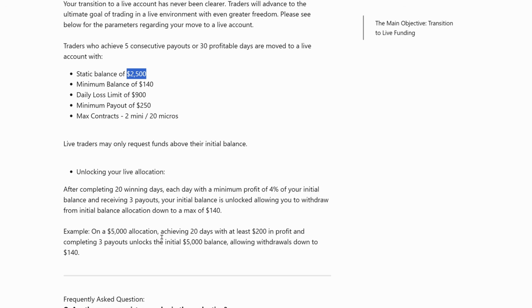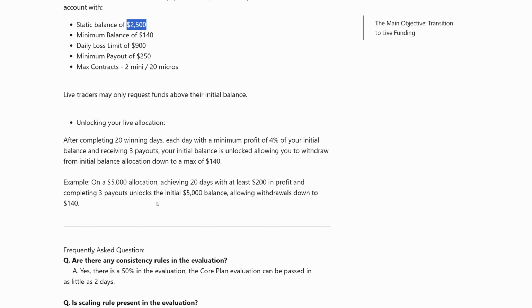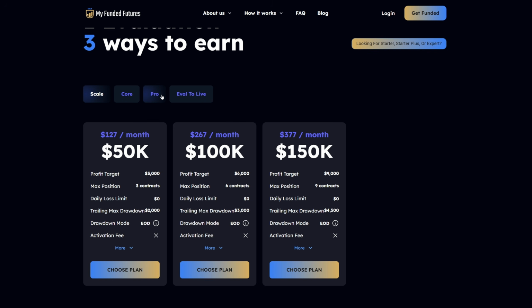And I got to be honest with you, a lot of people are going to fail in the evaluation. A lot of people are going to fail in the live sim funded account. And even more people are going to fail before they meet all these requirements. However, if you're able to get through all that, then you'll see that you're able to unlock more money out of this account. Now, something else that My Funded Futures did very well, we just talked about the core plan,